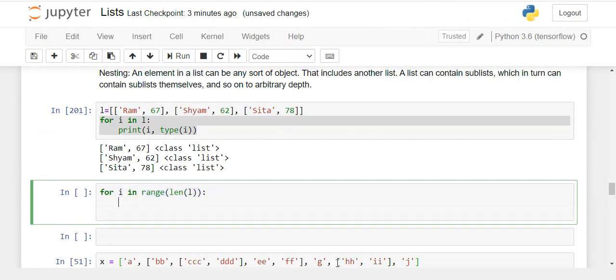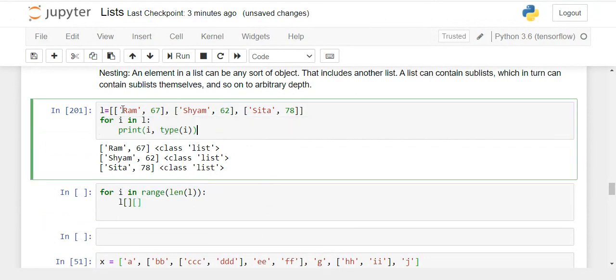Now the index of the first list is 0, the index of the second list is 1, and the index of the third list is 2. If I want to retrieve the second element of every inner list, what will be the index? This is 0, 1. This is 1, 1. This is 2, 1.